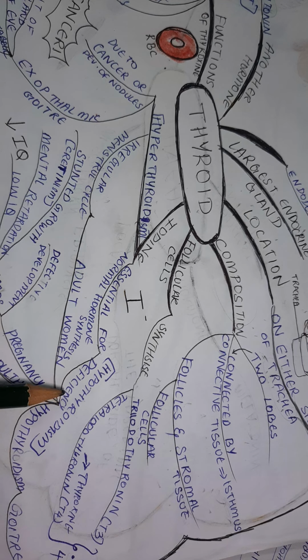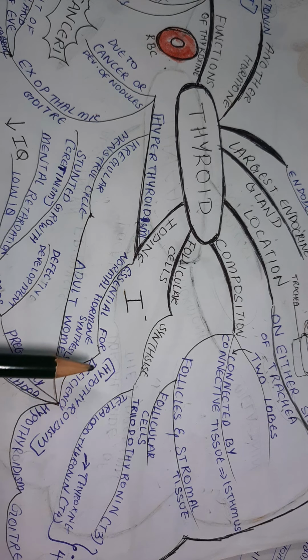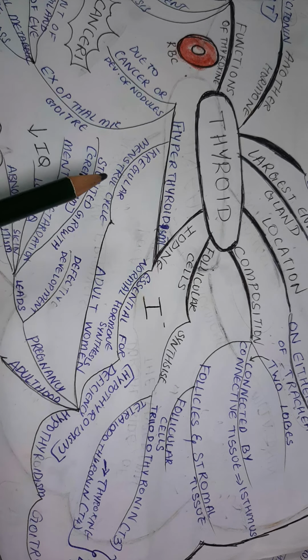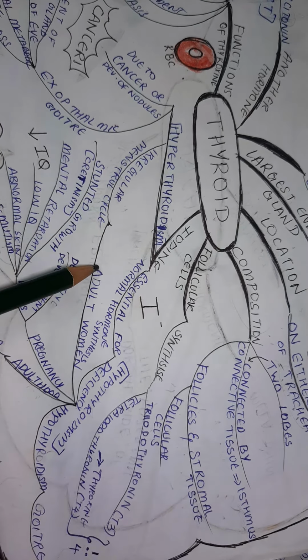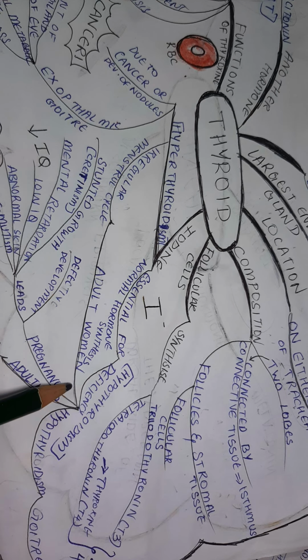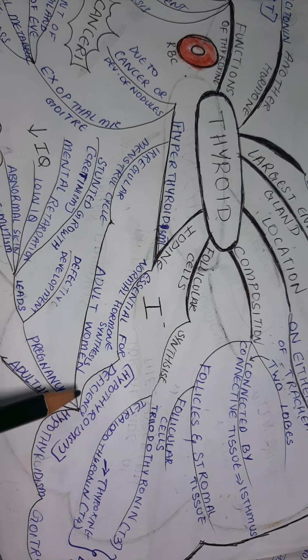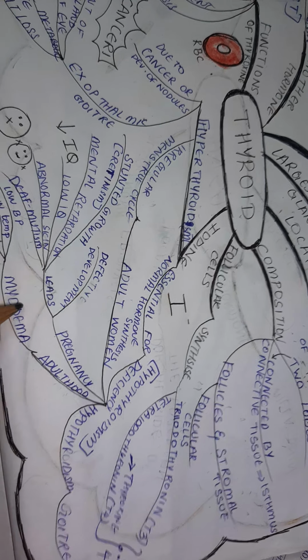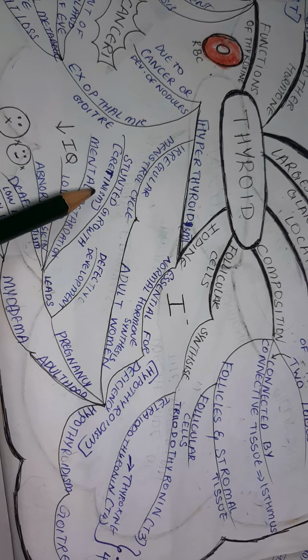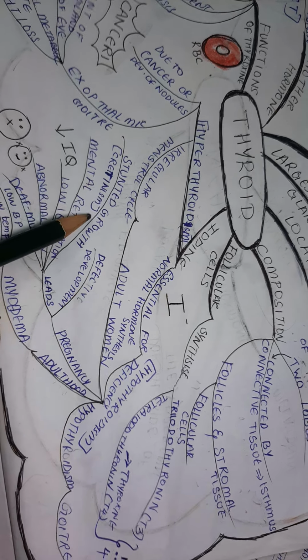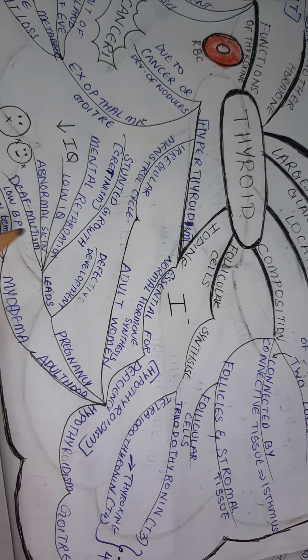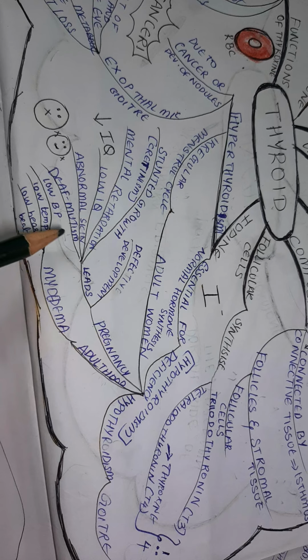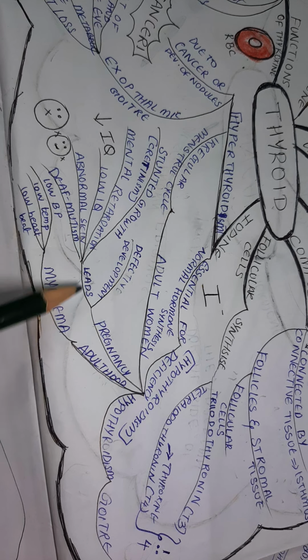What is the meaning of hypothyroidism? That is deficiency of these thyroid hormones. In adult women, it leads to irregular menstrual cycles. In pregnancy, it leads to defective development of the embryo and stunted growth of the embryo, which means cretinism, mental retardation, low IQ, abnormal skin, deaf mutism in the embryos.